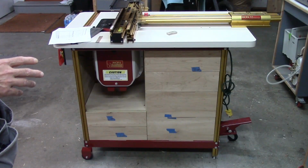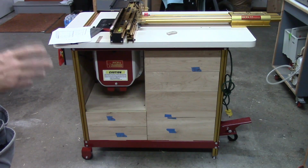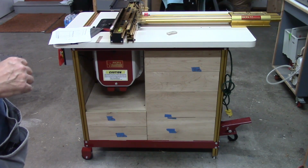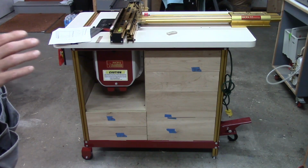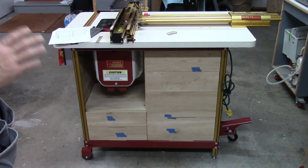So all the drawer faces are cut, and they're pretty much just sitting in there right now. They're sitting on shims. All the spacing is pretty good. It's not exact, it's not perfect. This isn't fine furniture, but it's really, really close. All the measurements in the plans are pretty close to what I have here. They may be a 32nd or a 16th of an inch different, but then again, it's really, really close to